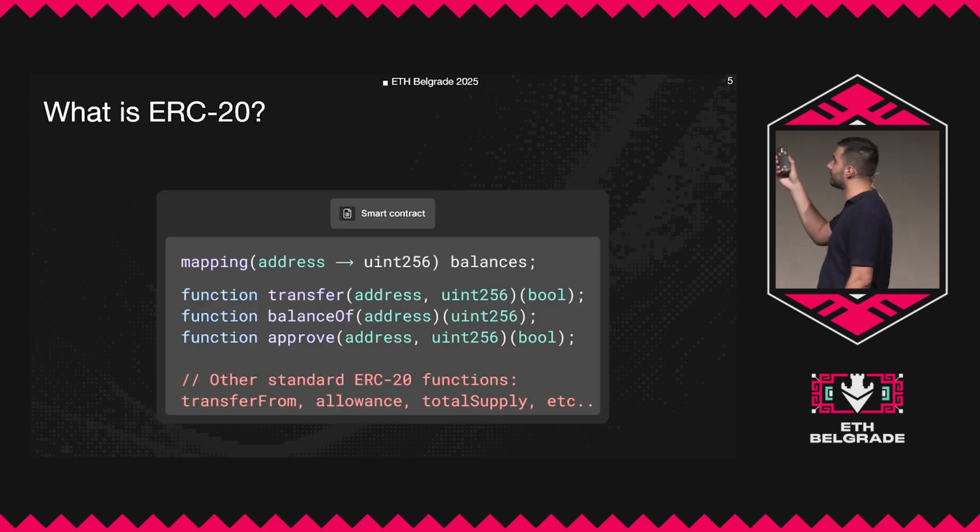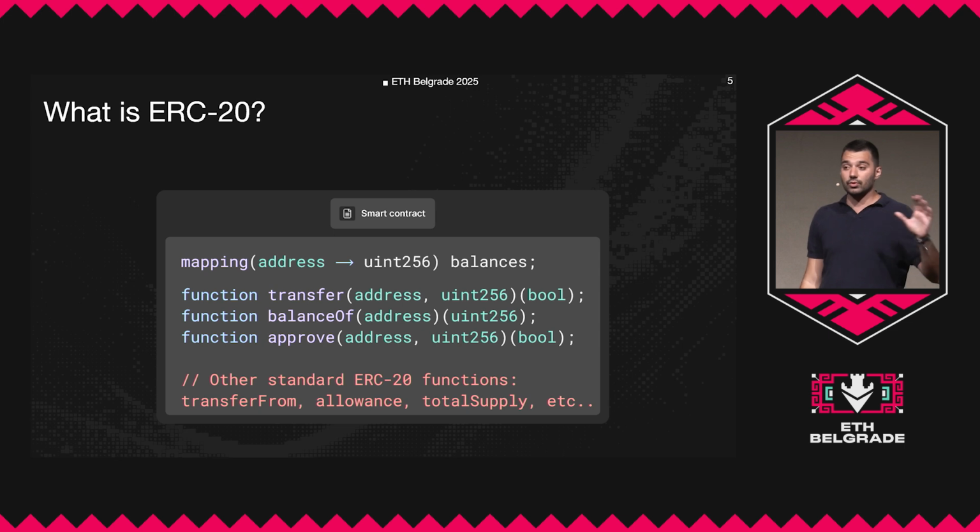So just a small recap. The ERC20 is nothing more than a standard for how we define tokens in Ethereum, and this standard basically creates a centralized registry. By centralized registry I mean that we have a single place where we keep the mapping of all users who are holding these tokens, as well as how many tokens they hold. Whenever I want to do something with my tokens, I need to send a message directly to this contract. We have functions such as transfer, balance, approve, fetching the total supply, and so on.